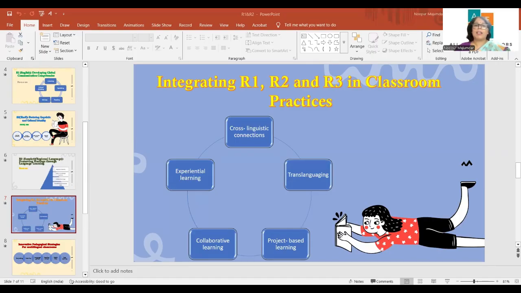So cross-linguistic connection should be there. Students naturally compare words, ideas, and expressions across language. Teachers should encourage learners to identify similarity and differences between the languages. While teaching English, the word compassion, suppose if it comes, ask student what it is called in Hindi, right? Critical thinking. Is there any equivalent word in Sanskrit or any other regional language? Does the meaning remain exactly the same? So it strengthens vocabulary and conceptual understanding across all language.